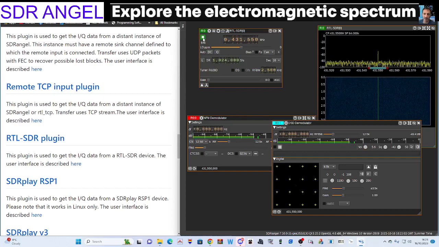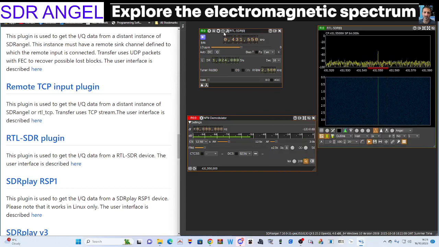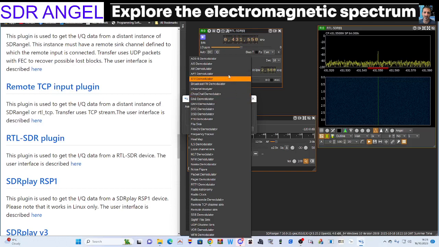So if we press stop, and we can get rid of that one for now. Then we go add a demodulator. Now, you know this will receive airband, which we could try. So you've got all these demodulators here, look. And I haven't even properly looked at this. Channel analyzer, broadcast,